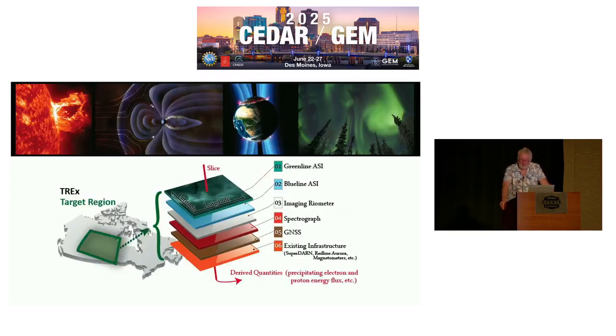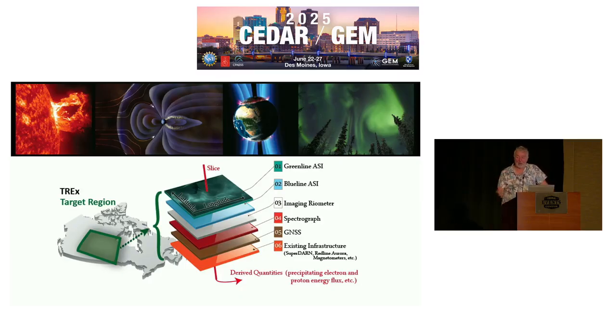T-Rex came about starting in about 2014. We proposed this, we started to push towards this project, and the idea was we had Themis ASI, and we had Canopus and Northstar in the past. The idea was to take a 3-hour MLT chunk of land in the central part of Canada, extending from about 58 degrees geomagnetic up to about 71 degrees geomagnetic, and then to cover that with imagers that are imaging in the oxygen red line, near infrared,